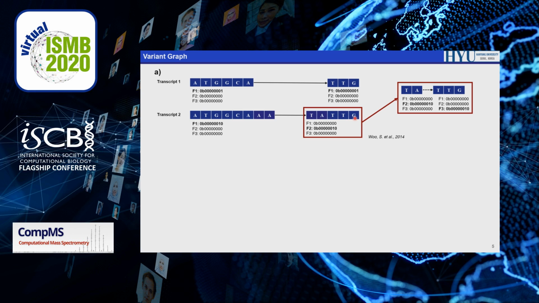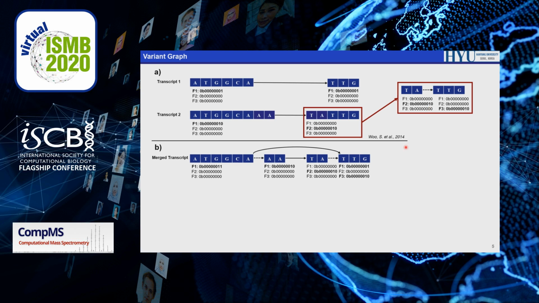After that, the first node has the same frame as that of the original node, but the frame of the second node is changed by rotating by the size of nucleotides in the previous node. In this example, the previous node size is 2, so the frame is up-rotated twice from that of the previous node. And then common nodes are merged while unifying each frame information.